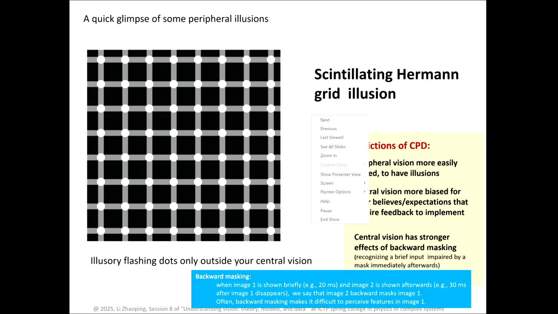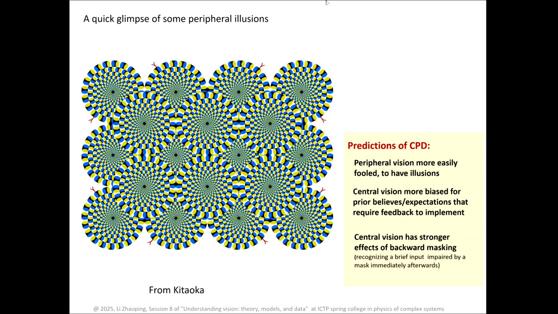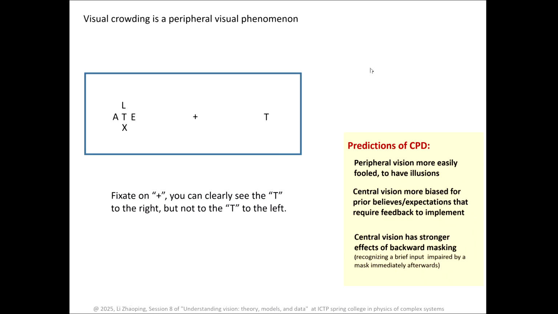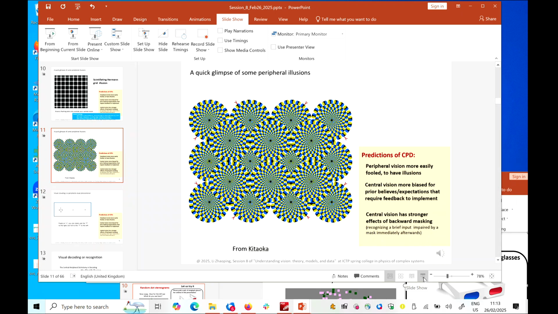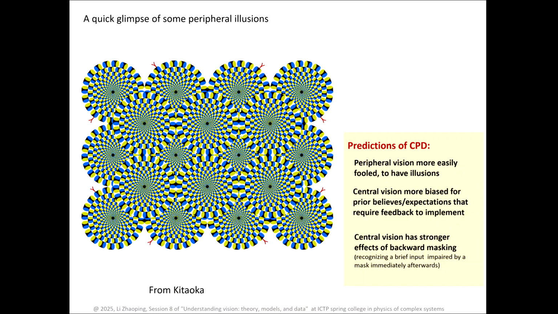Okay, so let's do another one. Here you see illusory rotations. Another one, visual crowding. Sorry. Stop. Let me stop this so you can see it. This is a Japanese researcher who is so good at designing these things. This is a static image. But do you see it's not static in your view, yeah? And only outside where you're staring, yeah? So again, there is only partial understanding of how this works.